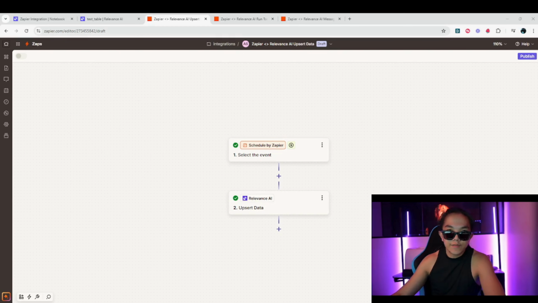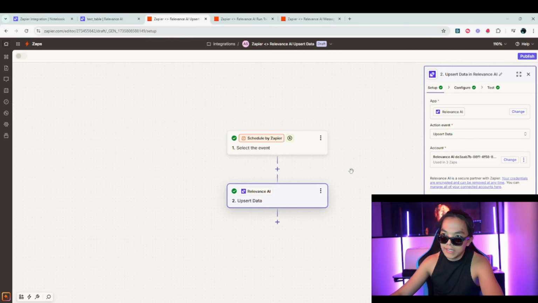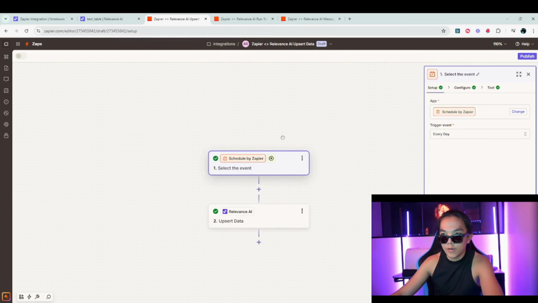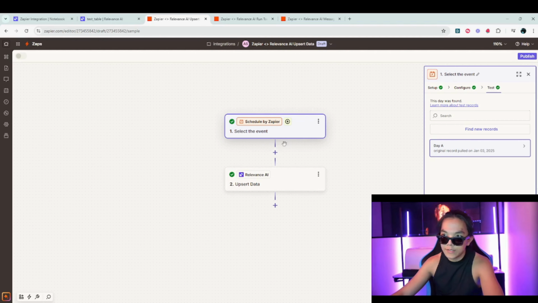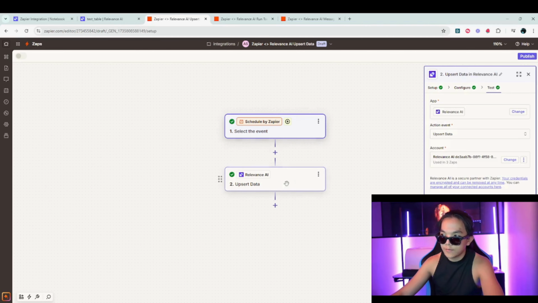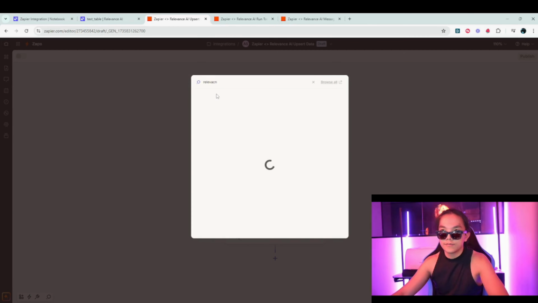So first things first, we're going to head over to Zapier and we're going to find a Relevance AI step. This only does come in an action, it's not a trigger. So in this case, we're going to go ahead and test it out with our little schedule trigger here. You can use whatever trigger you'd like for this and add as many steps before or after. But for today, we're focusing on the Relevance AI step. So to get it in, all you need to do is